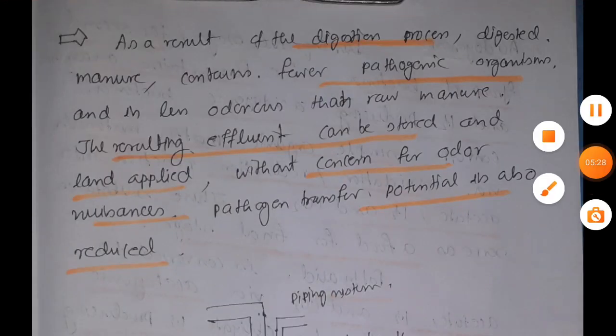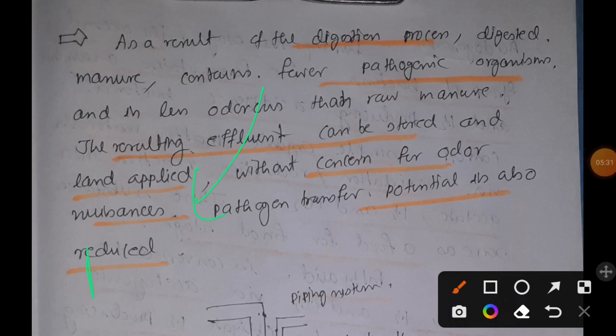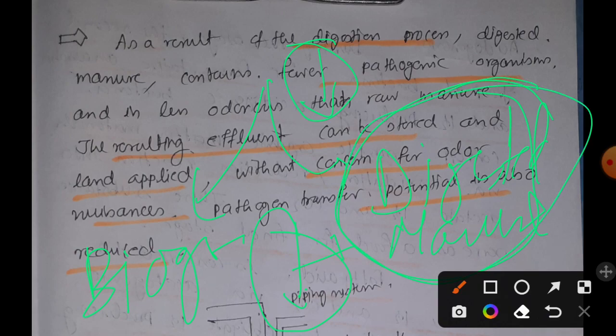As a result, we are getting two things: one is biogas, another one is digested manure. Very importantly, the digested manure we get contains a low amount of pathogenic organisms, and the second thing is the odor of the digested manure is much lesser than that of raw manure. So now we can use that digested manure on the land without concerning about the odor nuisance,